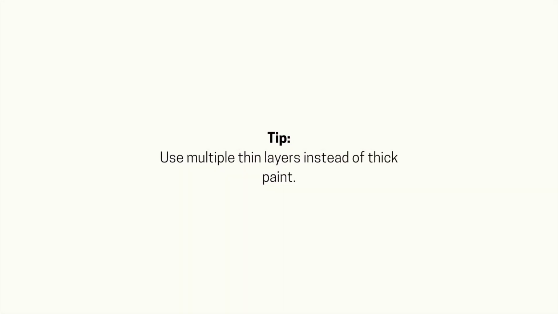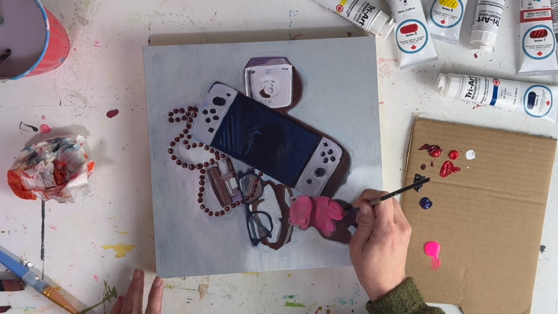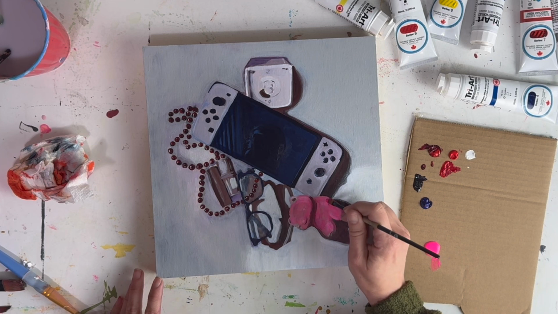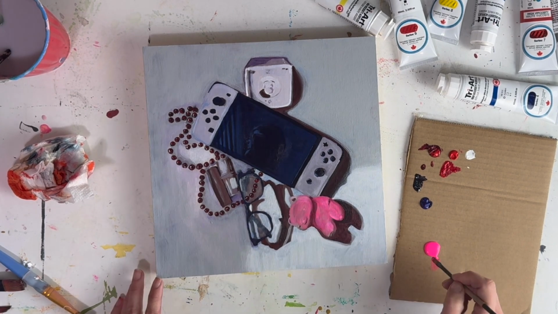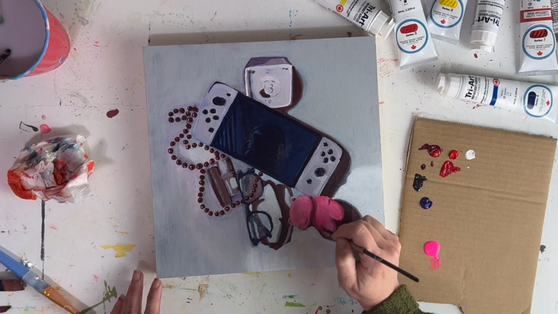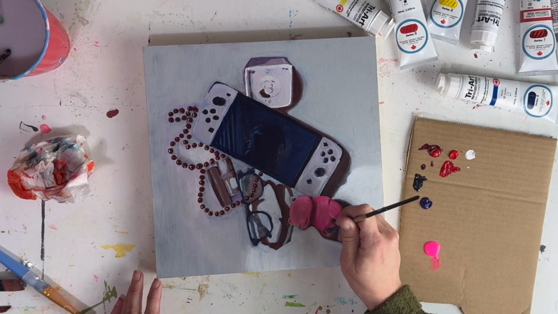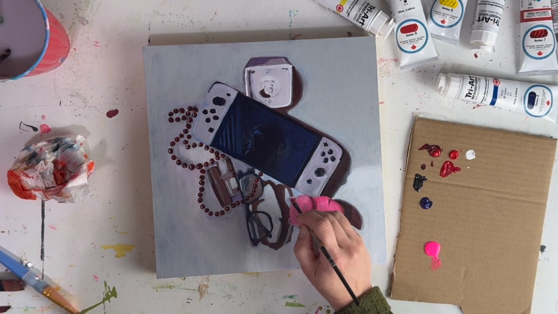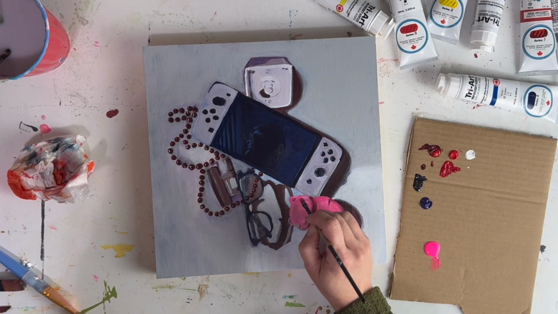Use multiple thin layers instead of thick layers of paint. This is a good time to talk about using thin layers rather than thick layers. If you're using thick layers and getting that impasto, with bumps from the paint, and because I was using that high viscosity paint, it creates bumps really easily. So you want to use thinner layers so that it's easier to blend and you're not having bumps to deal with that take you out of the illusion